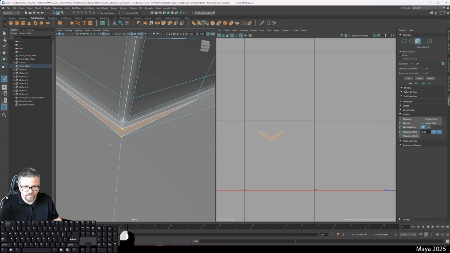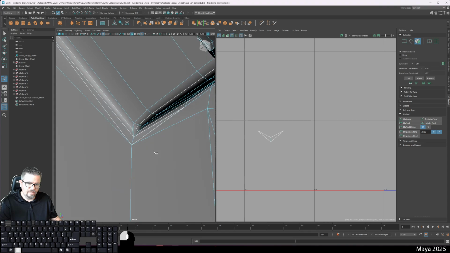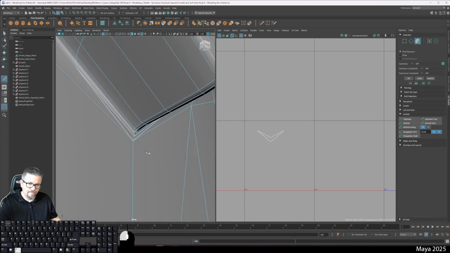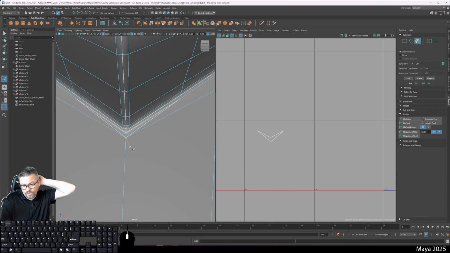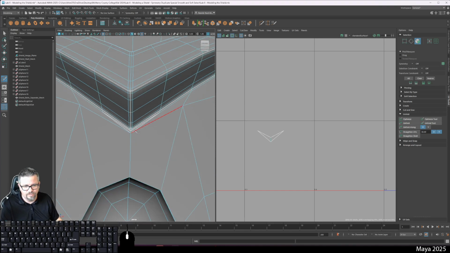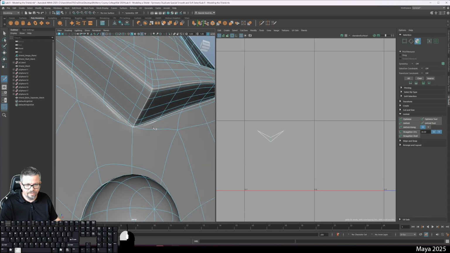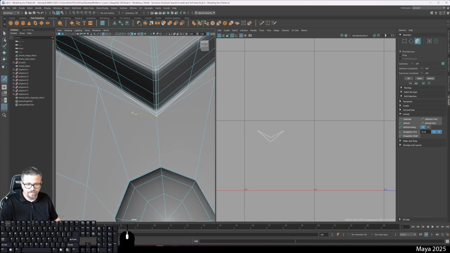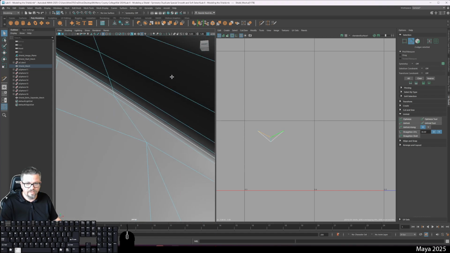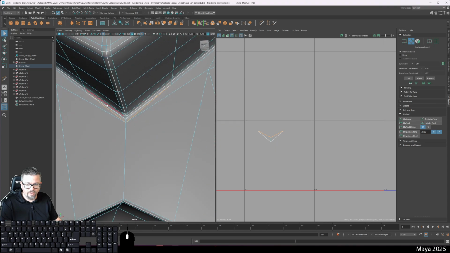I'm going to use my multi-cut tool and cut a line down the edge of it there to make it two triangles. It technically was a quad, but it was just really strange. Let's see, 1, 2, 3, 4. This one's a little weird too, and that happened from the bevel, so it's okay. I know now I'm going to want it on this one because I know this hard. Oh, wow. I could